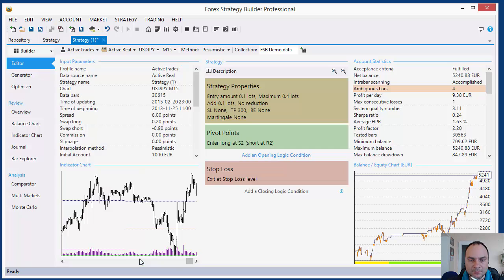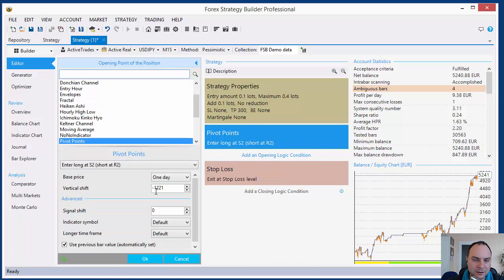Okay, what to do? Let's try this pivot point indicator. I don't like this shift. What does vertical shift mean? Enter long at stop loss, base price 1 day. So actually these are the daily pivot points, and I have used the previous bar value. That means the program calculates the pivot points from the previous day and selects the support 2 line and subtracts 122 pips. So the entry is 122 pips below the support,